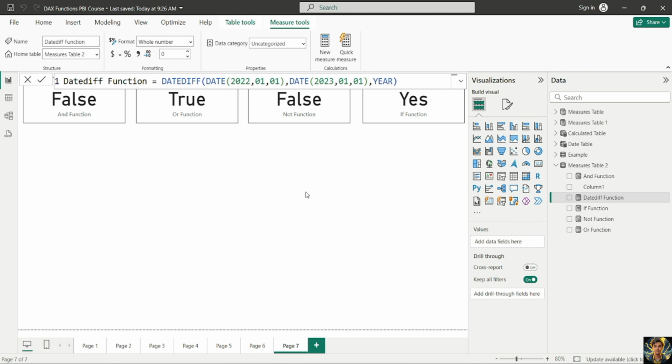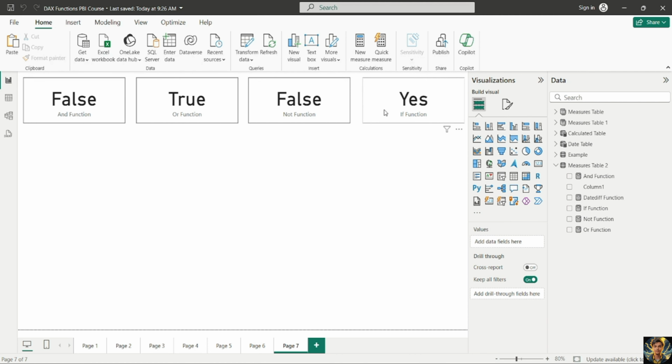Now click anywhere on the blank area on the canvas, click on this if function card visual, Control C, Control V, move the newly created card visual here, and then remove this if function from the fields bucket and check this box before the date diff function. And you can see that since there's a difference of 1 year,